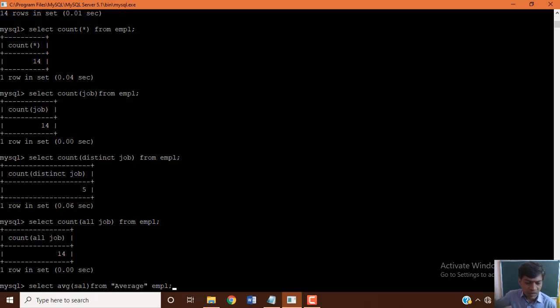AVG is used to get the average from the given field or column or attribute of a table. Now we want to calculate the average salary of employees from the employee table. So select AVG of SAL, the salary attribute in the employee table, followed by an alias name, which we call the display name, average, from the table name.